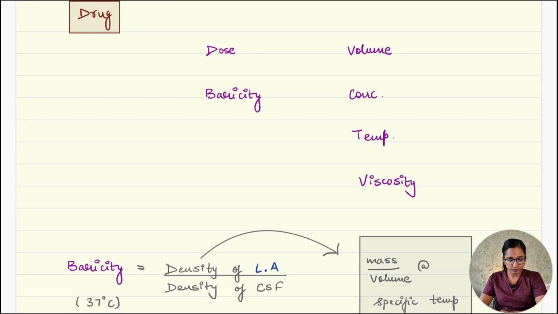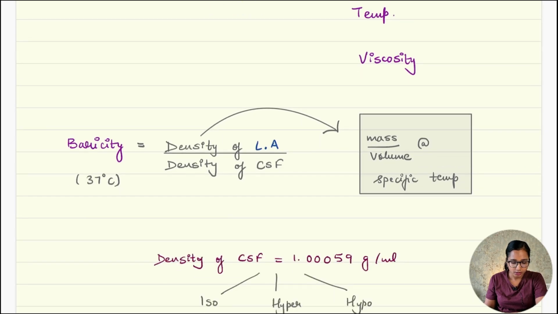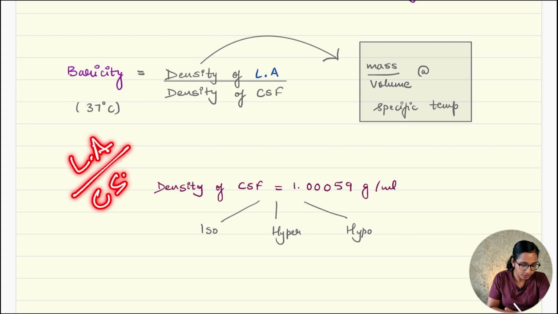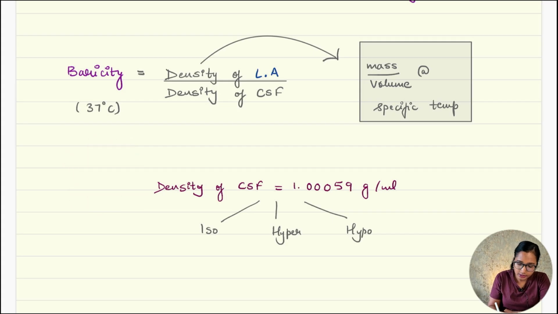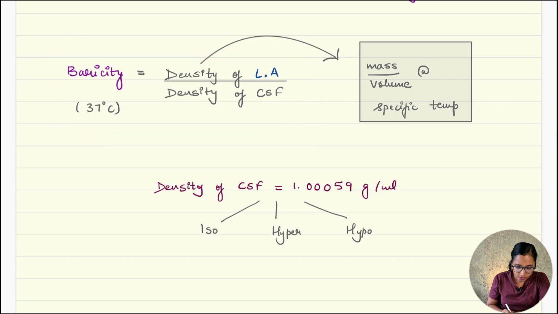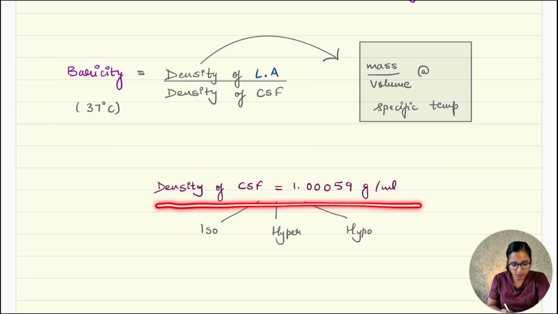Talking about drug, what is baricity? Baricity is a comparison of the density of local anesthetic and CSF. The formula of baricity is density of local anesthetic divided by density of CSF. And what is density? Density is mass per unit volume at a specific temperature. So baricity is measured at a specific temperature. Density of CSF is